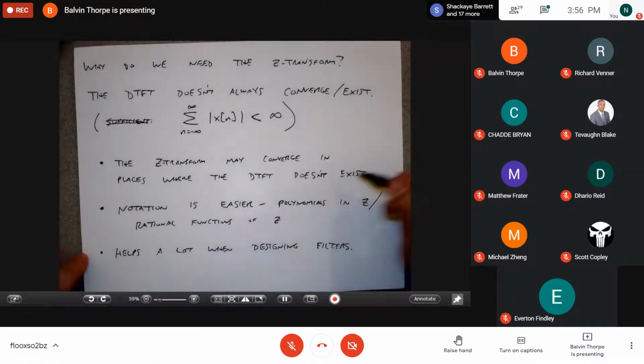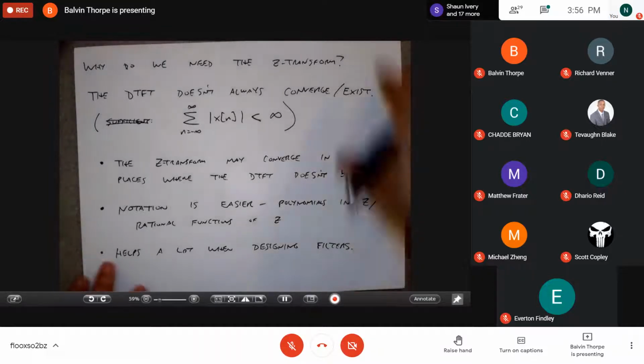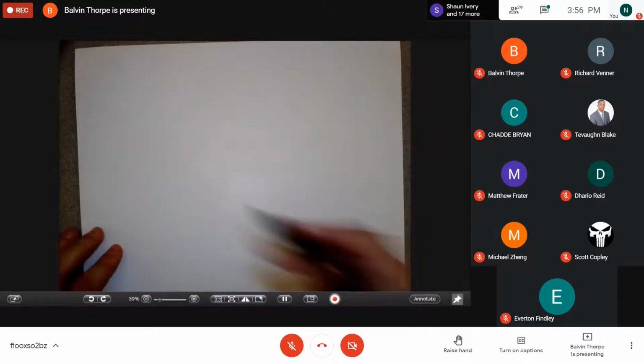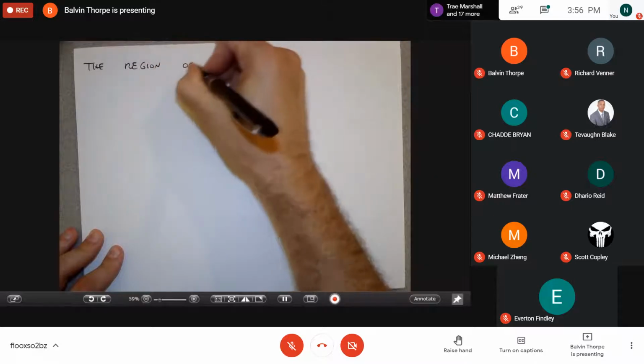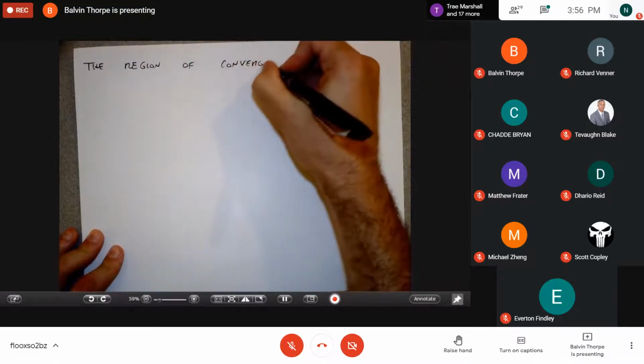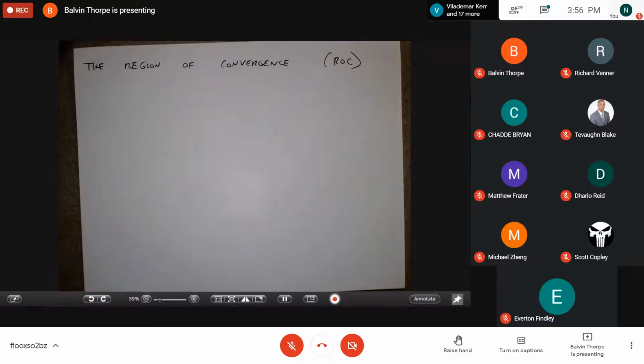So let me drill down a little bit into this first point about when the Z transform converges, okay? The critical concept here is called the region of convergence, which we sometimes call the ROC. Again, this all follows way back from sums and series in calculus. So I'm not really telling you anything that you couldn't have done in theory in high school, or the first semester of your freshman year.